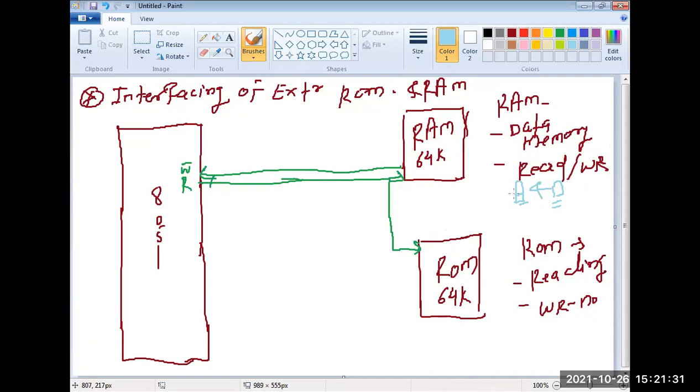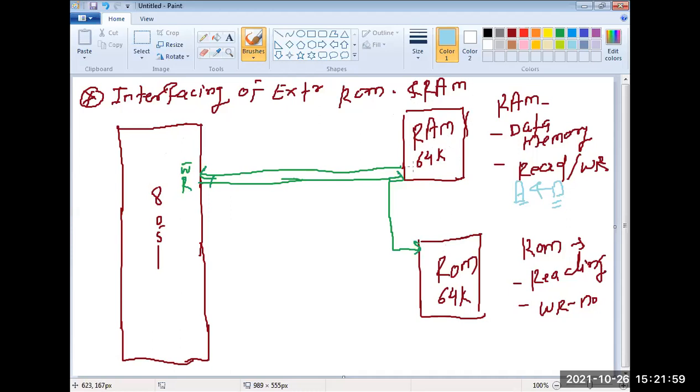The controller has only two buses. That is called the address and the data. And as we know, when I'm talking about the memory, the address bus is always going to be important. I gave a practical example: the address of my native place is Kasego. That means my address is Kasego. It has some location. Same case, when the controller wants to access some data, it is always stored at a certain memory location of the RAM memory or the ROM.